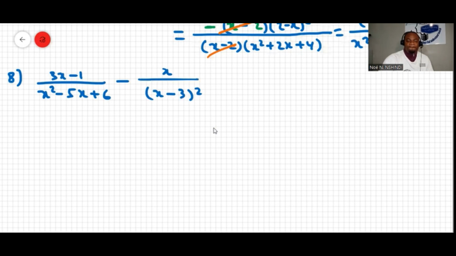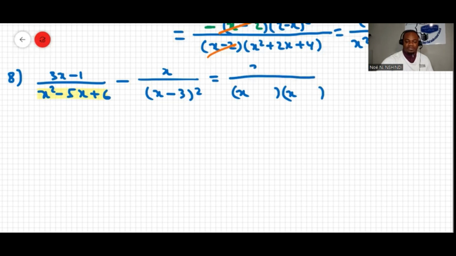Okay, we need to find the LCM. So to do that, let's first see if we can factorize this trinomial, the denominator over here. This can be written as x in brackets, x in brackets,